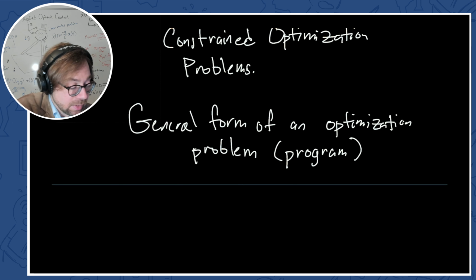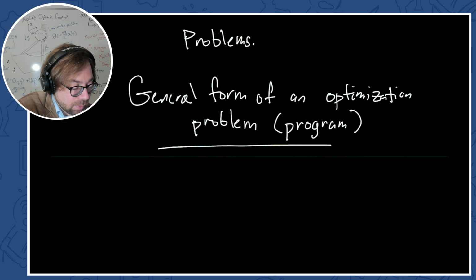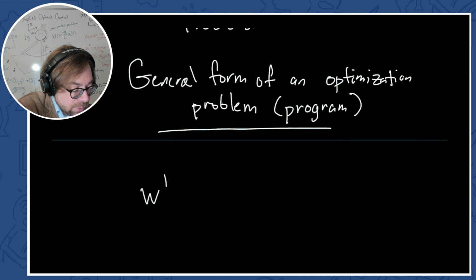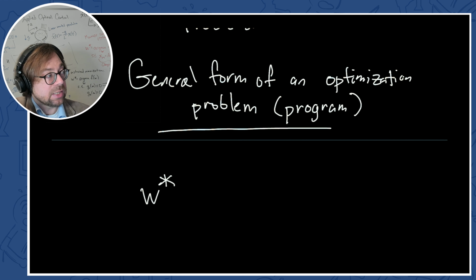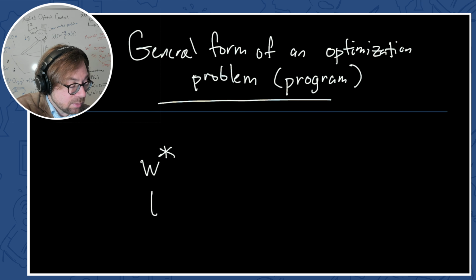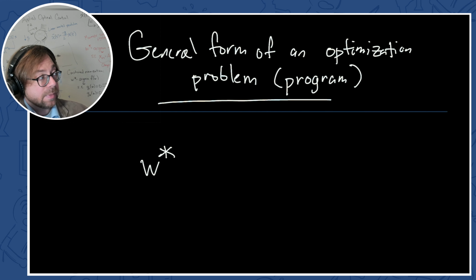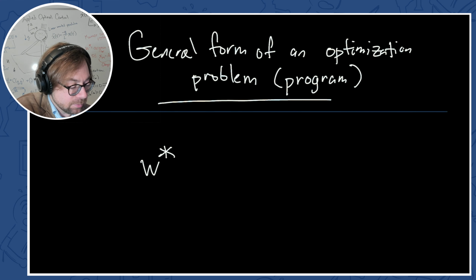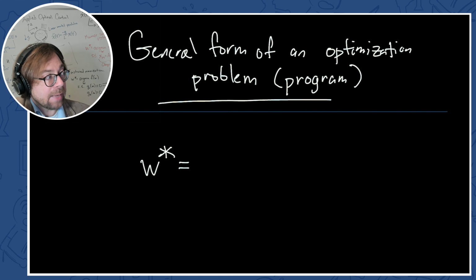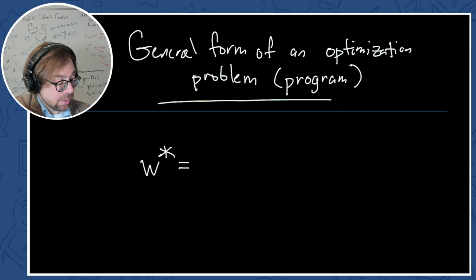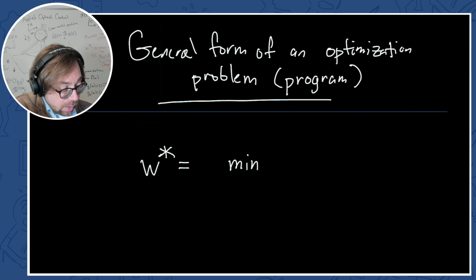Okay? And what does it look like mathematically? Well, the idea is that you have some set of decision variables w, lowercase w, and w star is going to be our minimum. It's going to be the solution to our optimization problem, is equal to, and I'm intentionally leaving a little space here blank on purpose, because I'm going to fill it in. It's equal to the minimum of